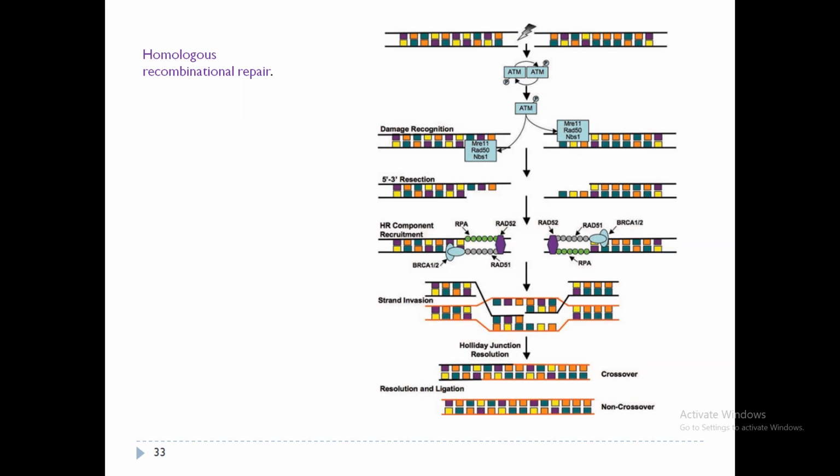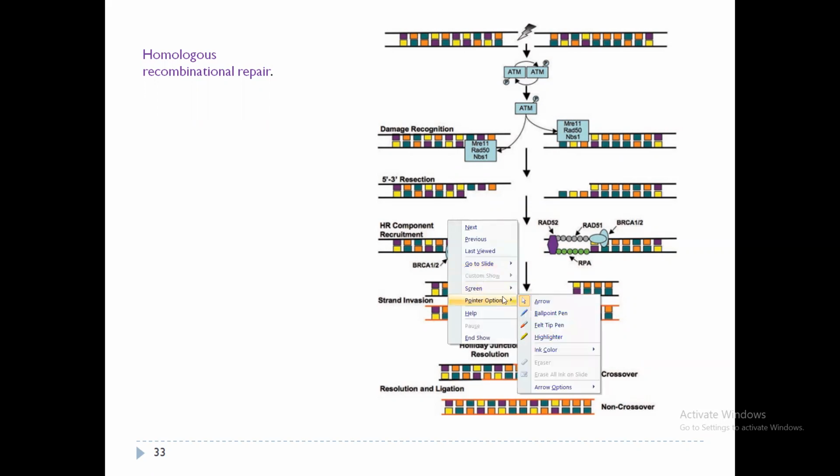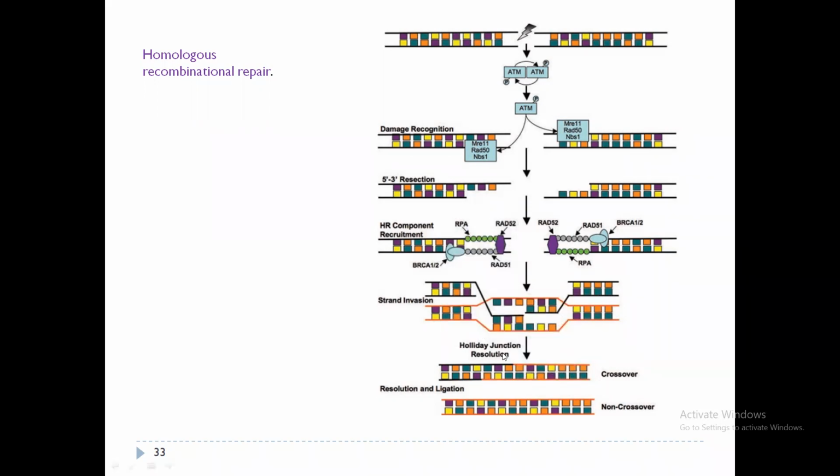So Holliday junction. We can see here clearly that this is formed by the crossing of the strands of the two DNA, meaning homologous DNA is there, so a crossing over occurs between the two strands, and this leads to the formation of this crossing structure, that is a Holliday junction, and then this Holliday junction will be removed by non-crossing over, and the Holliday junctions are finally resolved into two DNA duplexes.